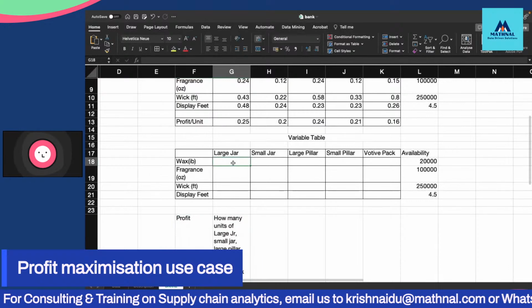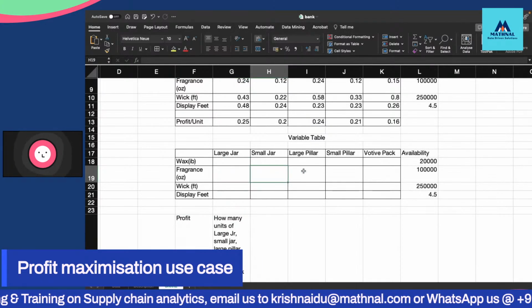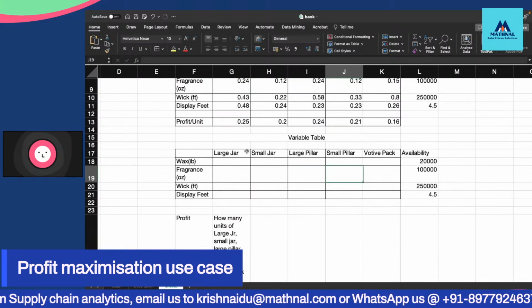So if I know how many units of large jar is made, small jar is made, so that the product of